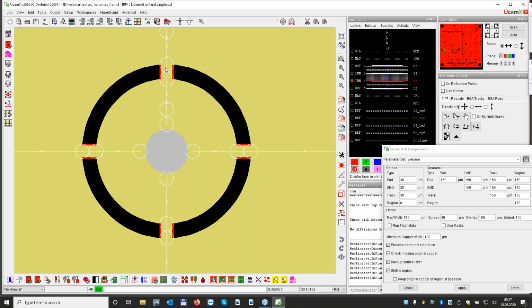I measured them, they are only 80 microns, and we put on a new track so that the thermals now have 100 microns. Okay, so that's actually quite useful, and it's working very fine on plane layers as well.